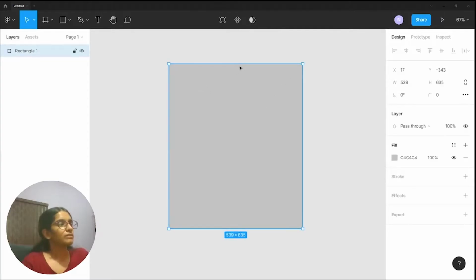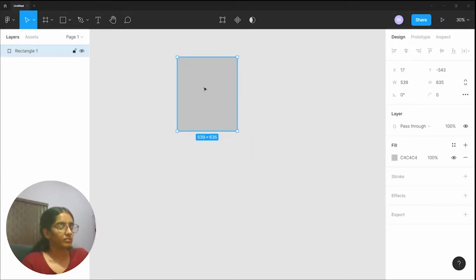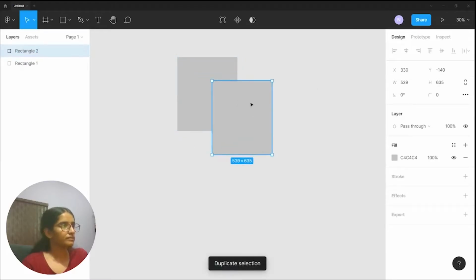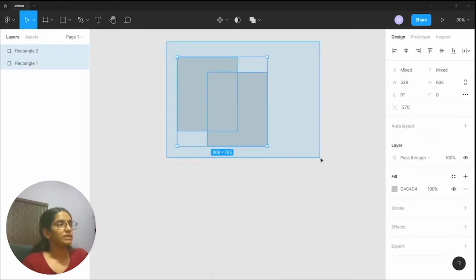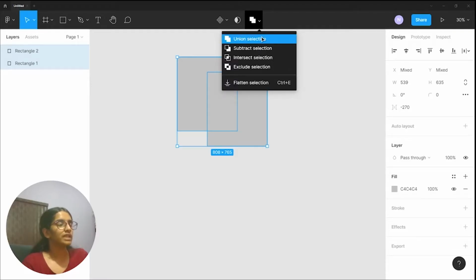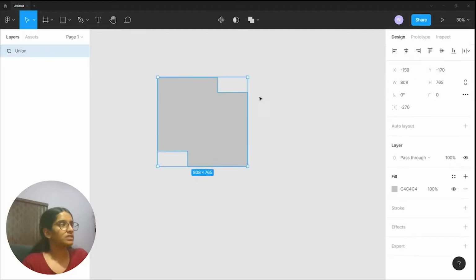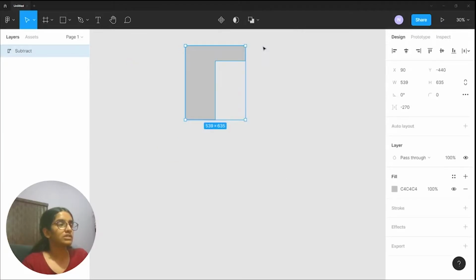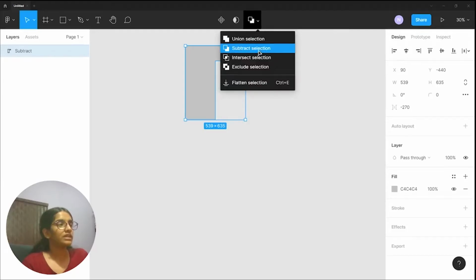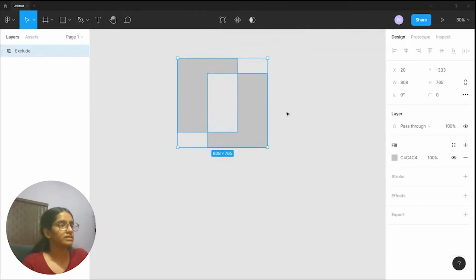So you can see also if you create another rectangle over here, and maybe draw out like this, you'll be able to see a ton of features again appearing over here. You can see your Boolean group options over here, so you can either add a union selection. So now this is one element, and you can also change this to subtract selection, so it'll add in to achieve different shaped objects as well. So you can also exclude your selection or change this to your flatten selection, so this will make this an entire vector.